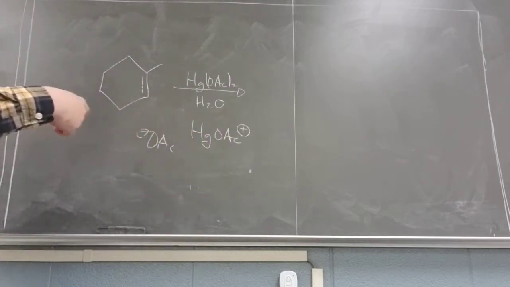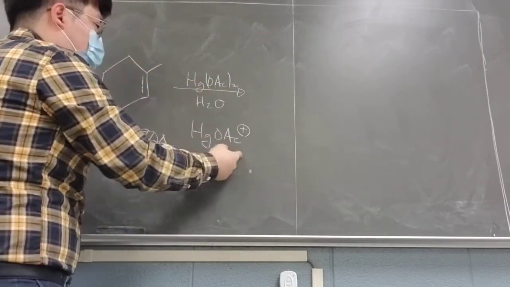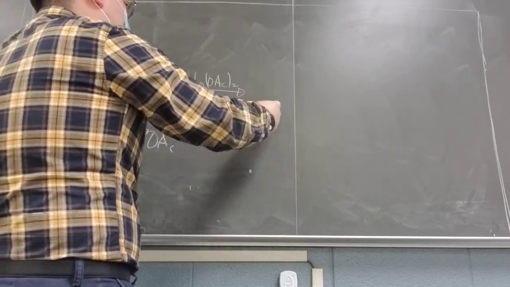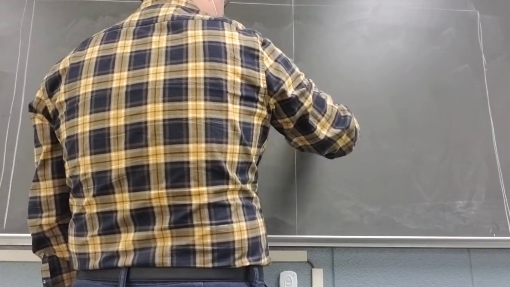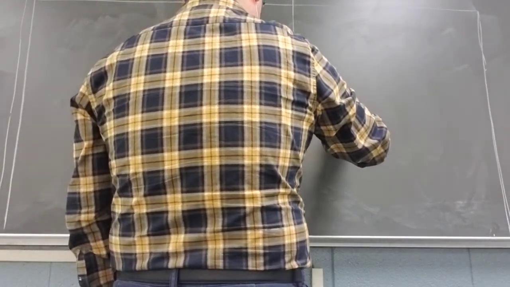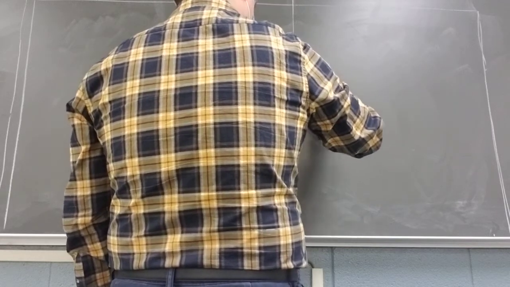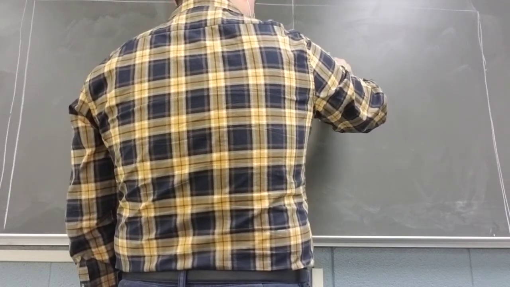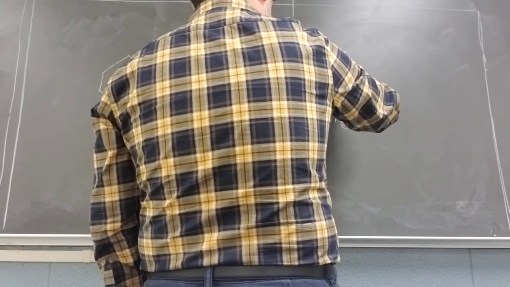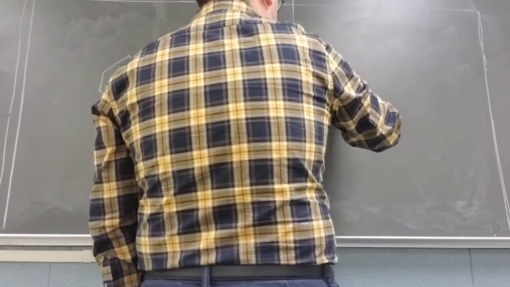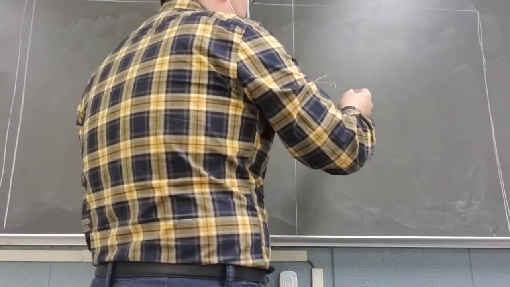It's one apart because there's initially mercury(II) acetate, but they become this one over here, and then they actually attach to here. Then over here, and then what you can do is